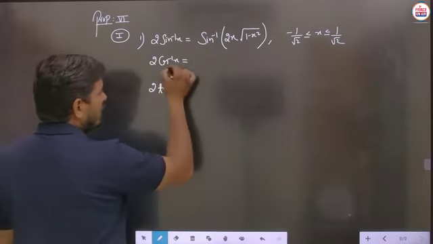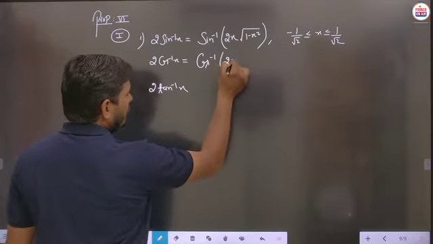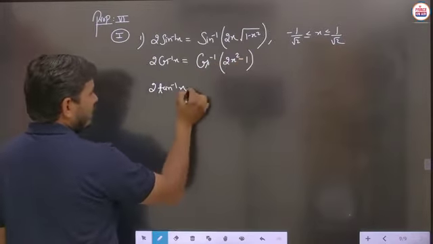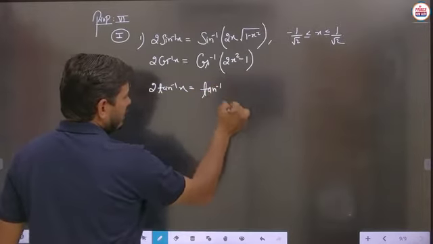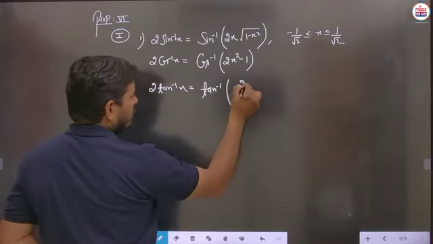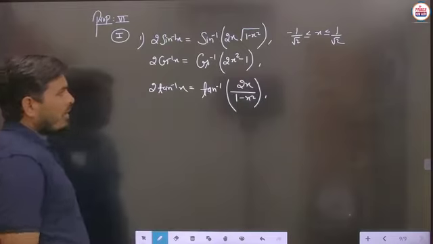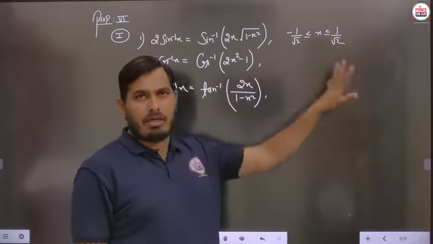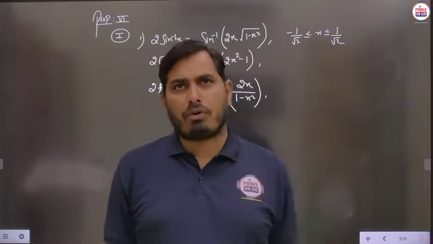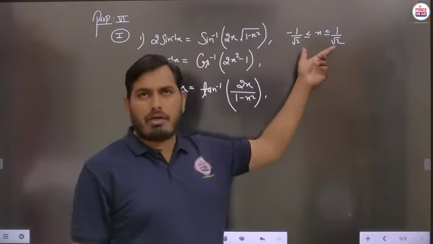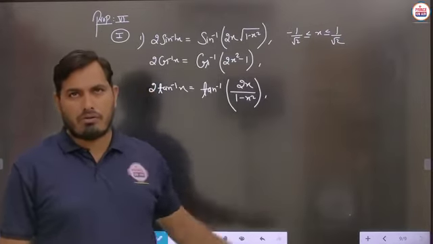again we have to write the formula of this part. Then this should be written as cos inverse of 2x square minus 1, and here we have to describe the formula of 2 tan inverse x, then tan inverse of 2x upon 1 minus x square, and the corresponding conditions we will see here. Is it clear? So whenever we do the proof, one by one we have to write the conditions. As we write the condition of this part, similarly we have to see some basic condition of this part also. Is it clear?